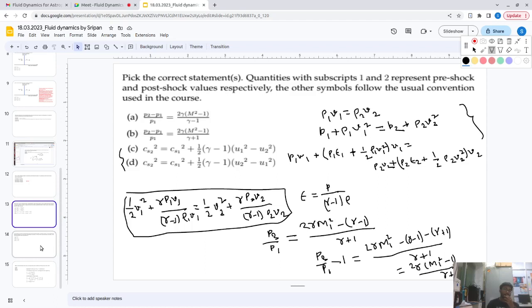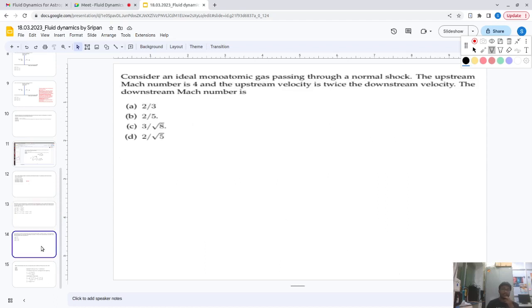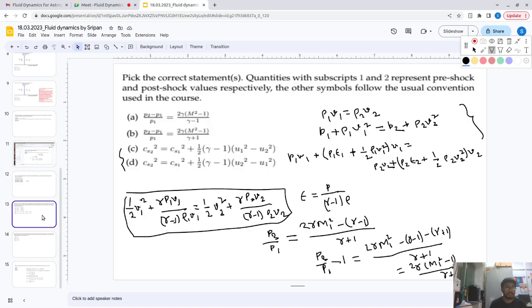Okay, now the next question is that consider an ideal monatomic gas passing through a normal shock. The upstream Mach number is 4 and the upstream velocity is twice the downstream velocity. So you need to calculate the downstream Mach number here, right? Using the Rankine-Hugoniot condition,